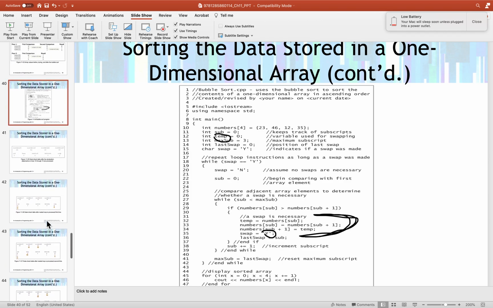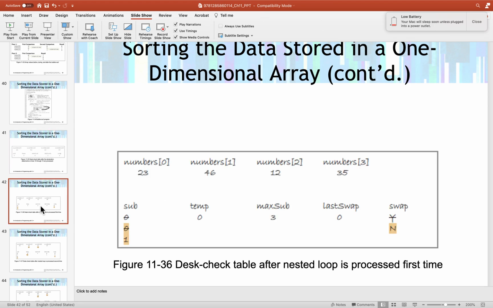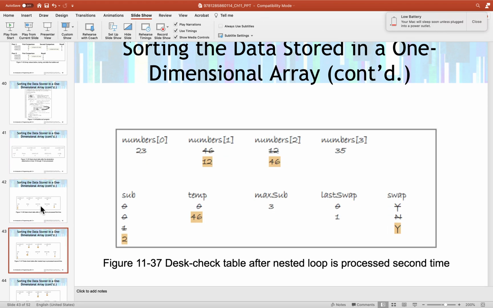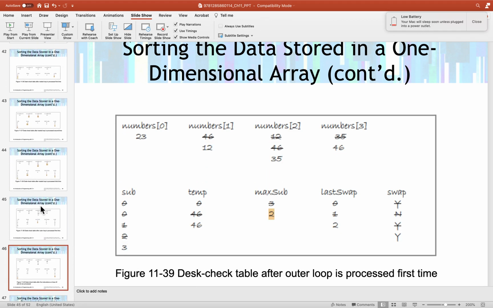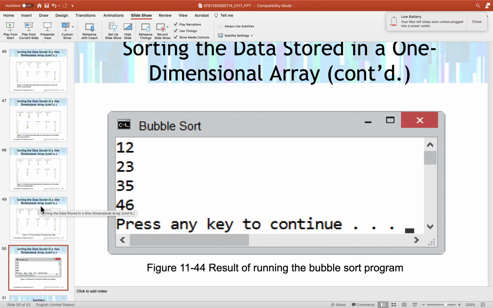So here in the next slides, you'll just have some examples of what happens as you're swapping some numbers. I'm not going to go through all of these, but what I would do is